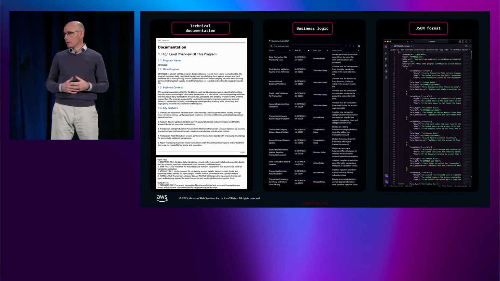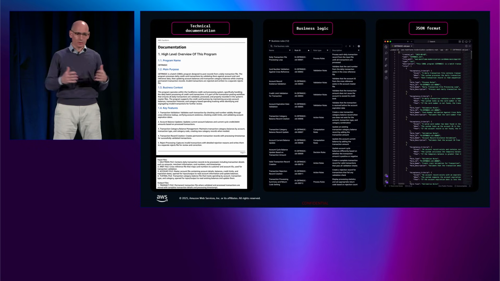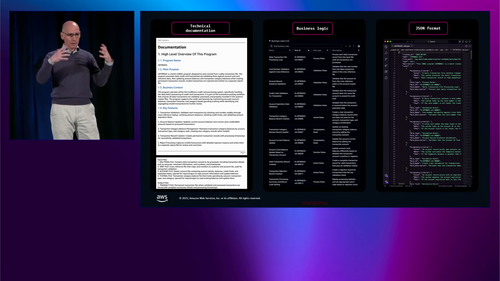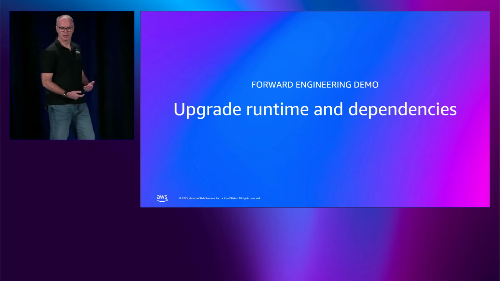You can use it to create specifications, like Matt was showing. You can use it for creating test cases. It can be used for lots of other purposes as part of your modernization workflow. So this was about extracting technical documentation and business logic. Over to you, Matt. Yeah, and now we're going to look at a demo of how you can